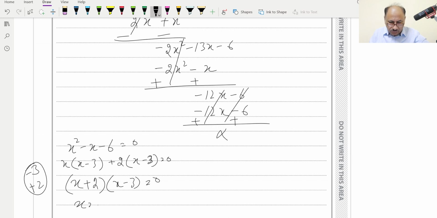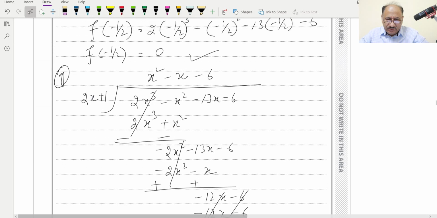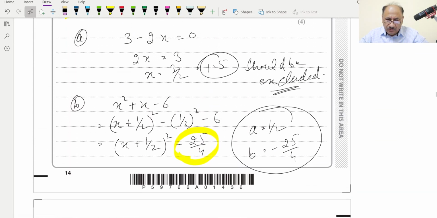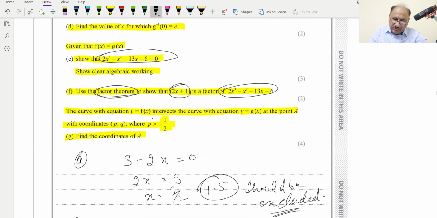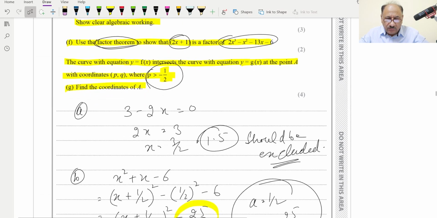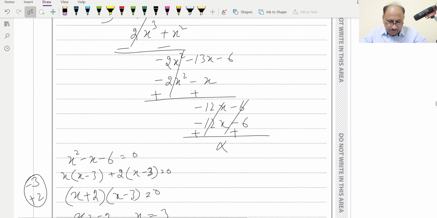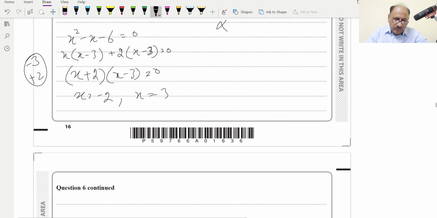So x is equal to minus 2 and x is equal to 3. So these will be the values. x is equal to minus 2 we will reject. Why will we reject? Because it is given in the question p is greater than minus 1 by 2, so we are rejecting this value, and we will be taking the value x is equal to 3,